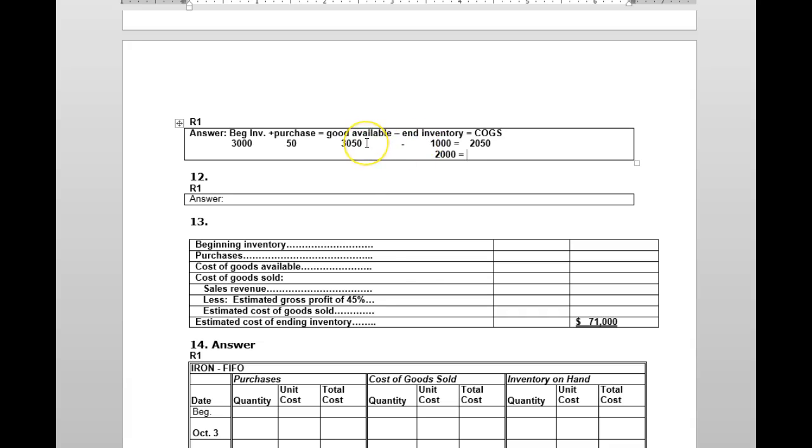Let's see, we've got 3,050 minus 1,000 gives me 2,050. But if it's overstated, I have 3,050 minus 2,000. So my cost of goods sold would be lower, right? Now, what does that do to my gross margin or ultimately my net income? Well, if I have a lower cost of goods sold, the gross margin is going to be higher. So you have to kind of play with that. You're going to do the same thing, and I think it's going to ask you if